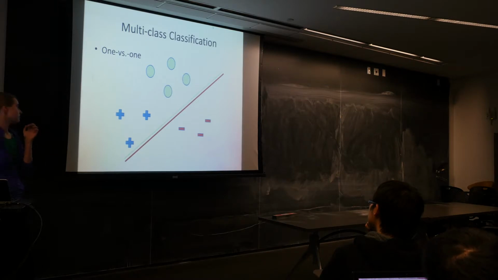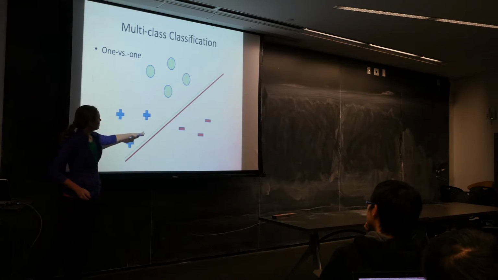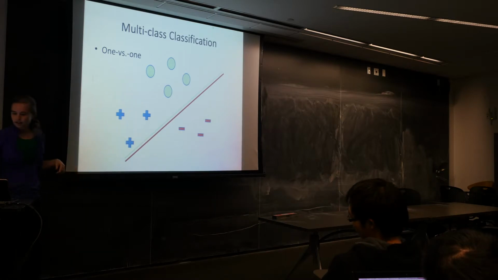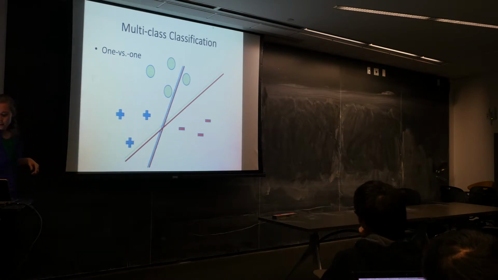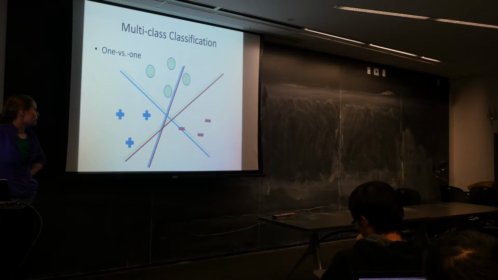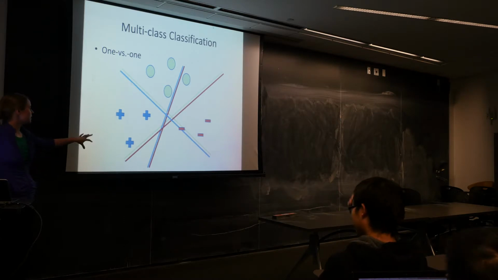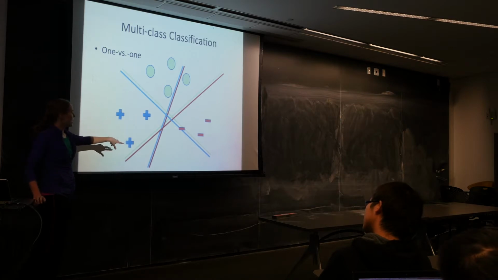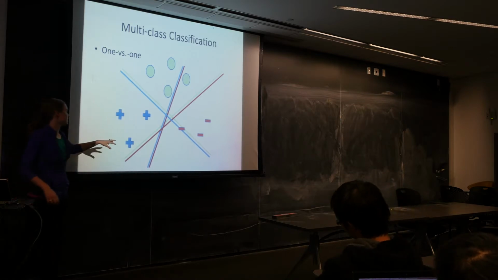And then this is exactly what you said. Consider classes together. So here, these lines are completely ignoring the blue points and looking at the green and red. And then you have ignoring the green and separating the blue and red, and then ignoring the red. So here, the strategy that you use to assign a new point to a class is you vote. So you get your new point, and you would take each of the values that they gave, and then you would vote on, like if most of the time it said to,